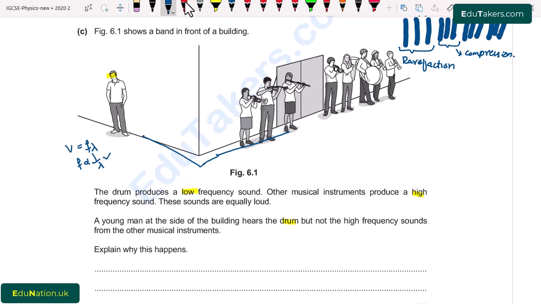So, for the low frequency sound, there is more diffraction of sound, and this person will be able to hear it from a distance. But for the high frequency sound, the wavelength will be smaller and it will not diffract, and it was not heard by this person. So I write here